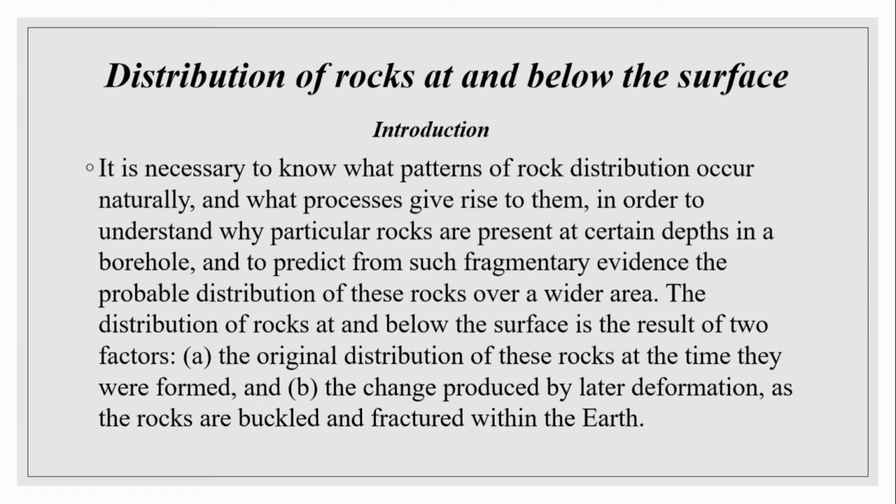The distribution of rocks at and below the surface is the result of two factors. The first is the original distribution of these rocks at the time they were formed, and the second is the change produced by later deformation as the rocks are buckled and fractured within the earth. Deformation may also change the character of the rock mass and its engineering properties by producing fractures or even by causing recrystallization to occur. There are two models of rocks for studying structural geology and its dimensional distribution: